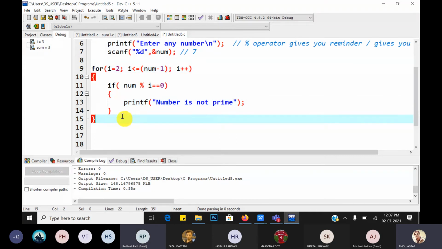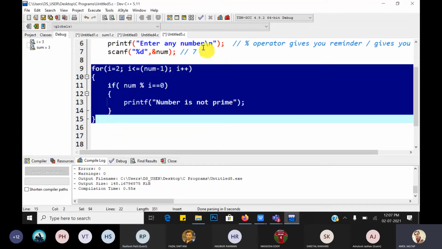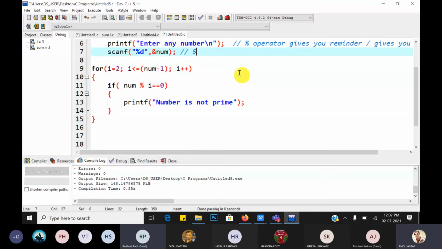Now, when do we find that the number is prime? After the end of this for loop. Suppose for example 5 is a prime number. We divide it by 2, 3, 4, the loop gets executed and exits. After that only we know the number is prime. Otherwise, lots of students directly write else, otherwise it is a prime number.